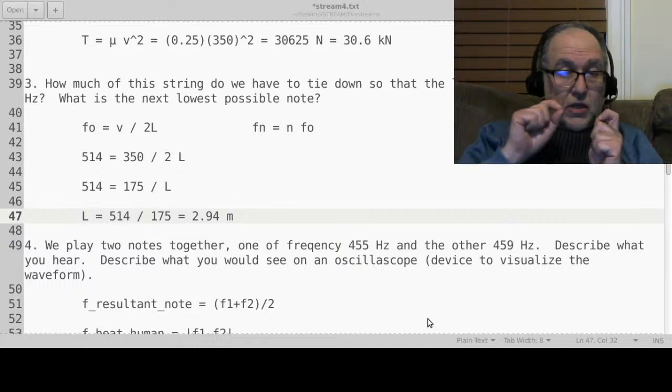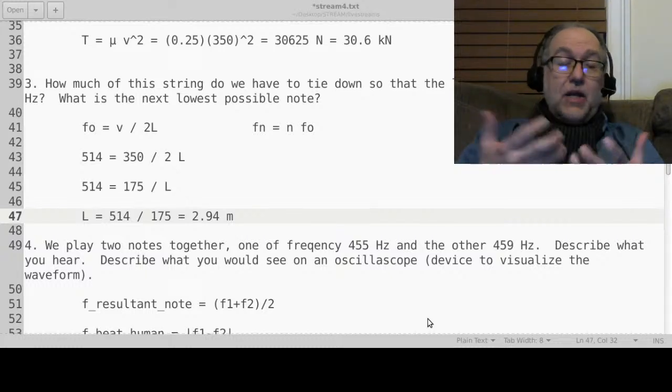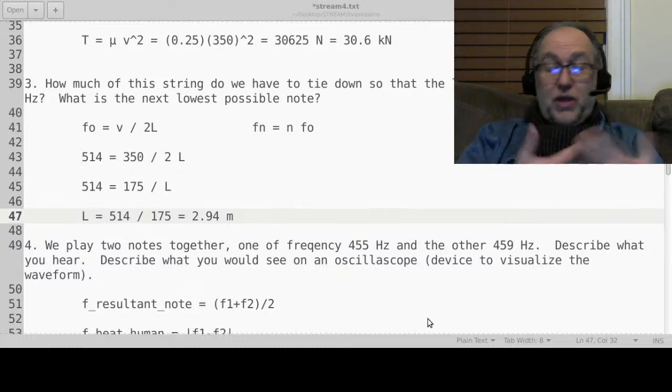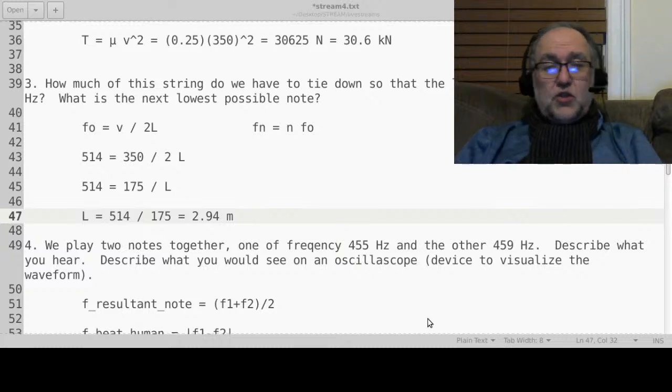So first of all, when does beating occur? It occurs when you've got two notes which are of close frequency, but not exactly the same frequency. I say notes because usually we hear it in sound, but beating will happen in any medium. It will even happen with waves on a string. But as far as we're concerned, when do we hear it as humans? It's usually with musical instruments. In fact, that's how you use beating to tune musical instruments. So we have two notes that we're going to play together. One note is 455 hertz, and the other note is 459 hertz. And the question is,